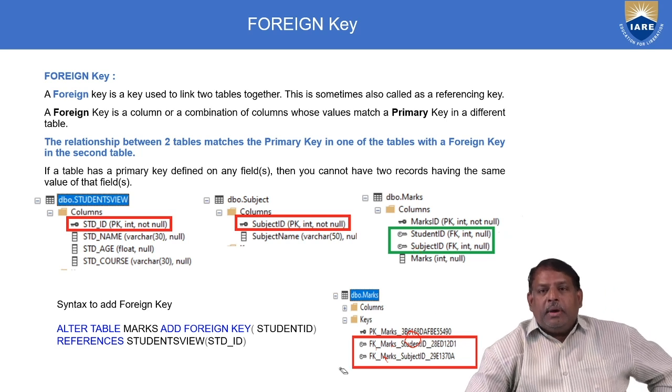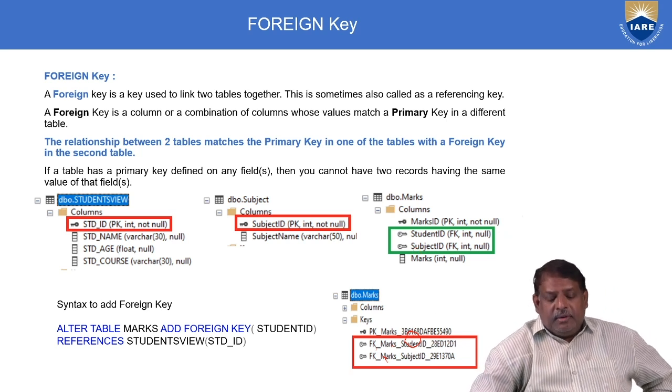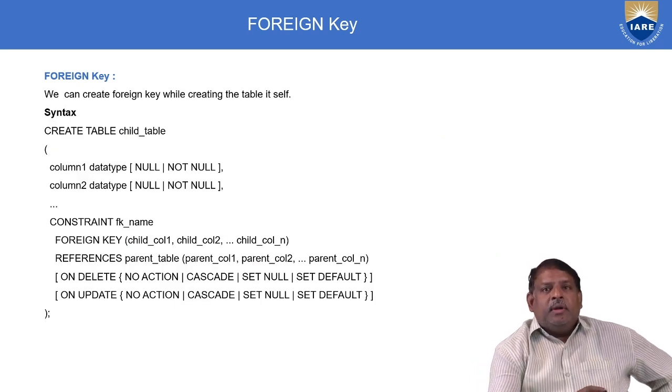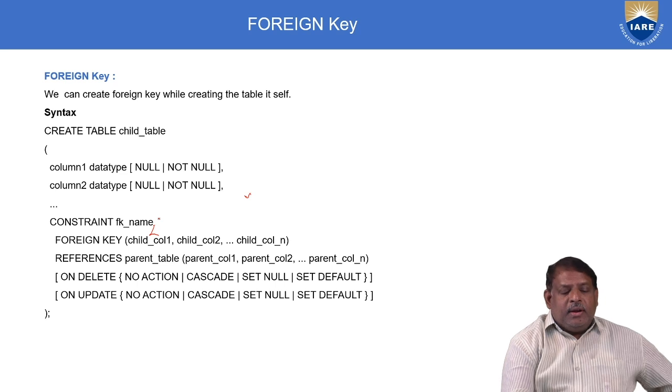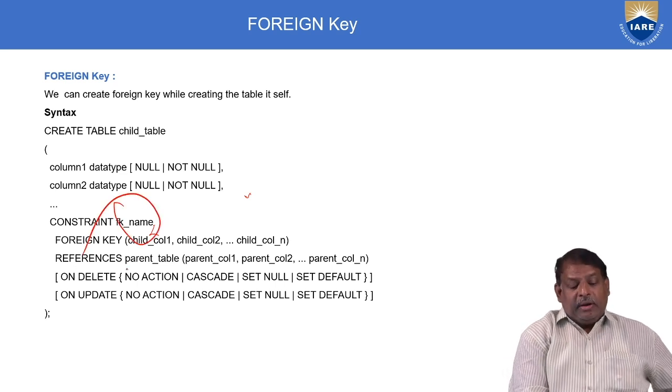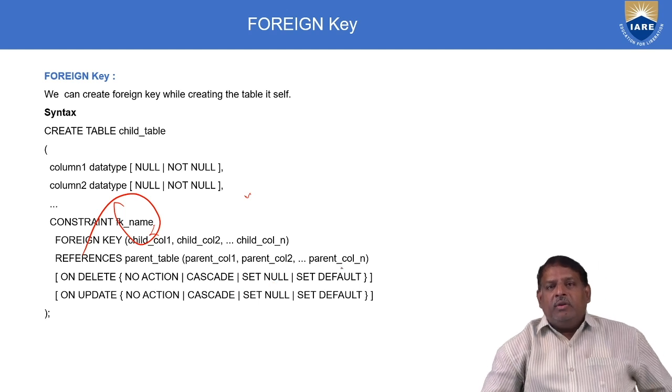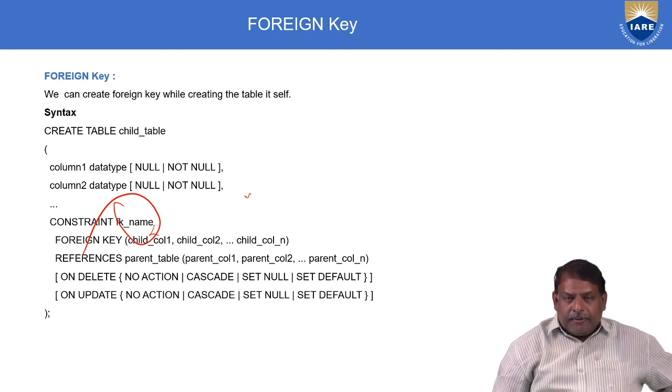By this, we can create a foreign key by altering the existing table. However, we can also create it at the table level itself. So the syntax would be create table name, column name, what you want, constraint. So we are adding here constraint, which is the name of the constraint. It refers to the parent table. The parent table would be student, the parent column, the number of columns being one or more. We have some default attributes for this: on delete, no action, cascade, set null, set default. On update, no action, cascade, set null, set default. We'll see these options in the next slides.